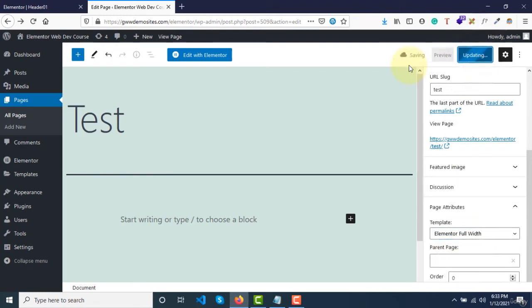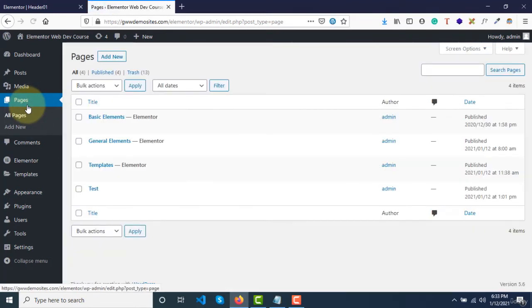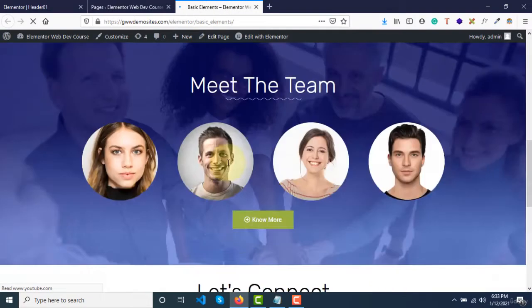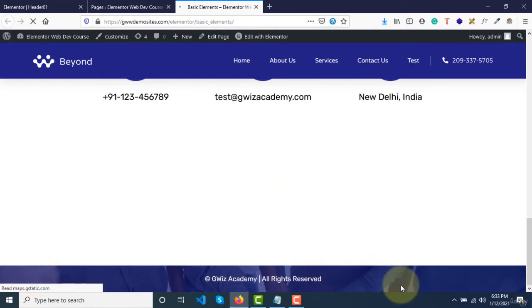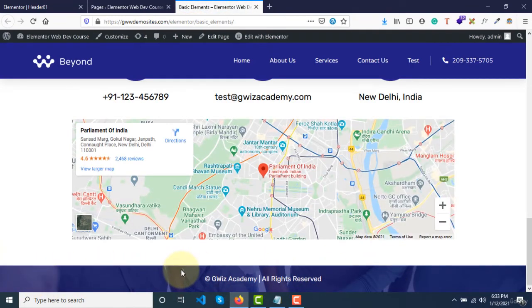All right. Now we also want footer, right? So how to create footer? Before creating footer, let me see that I have, if you remember, while we were creating a basic elements page, this one, at that time we had already created a footer, this one. This is a simple footer, nothing much, nothing fancy, just a element and copyright